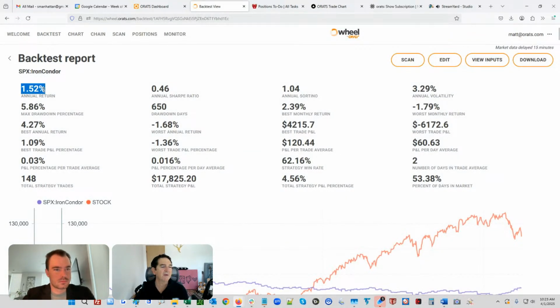So again, this is a little misleading or a lot misleading, that we look at notional returns, and we do that mostly because we want to assess this type of trade against other trades, and sometimes it's overlaid with the stock, so then you could compare it. And we always know, the big thing is not the absolute return. The big thing is the return divided by the drawdown or the volatility. So the Sharpe is not that great, but the Sortino is pretty good. So the Sortino just looks at the downward volatility,